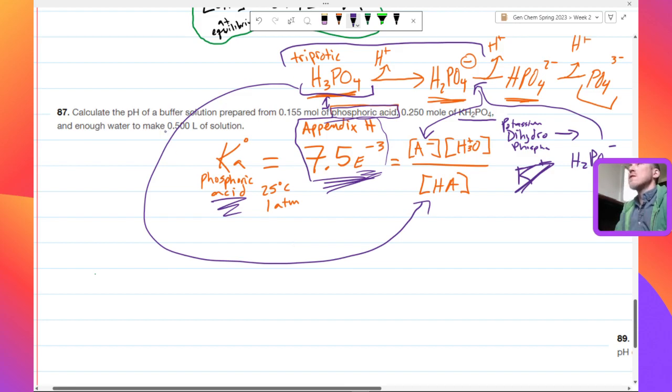Now, the other thing to consider is that they didn't give us molarity. They gave us moles and a volume. So we're going to actually have to calculate our concentration. So our concentration of phosphoric acid, which I'm going to write like this from now on, is going to equal the given moles